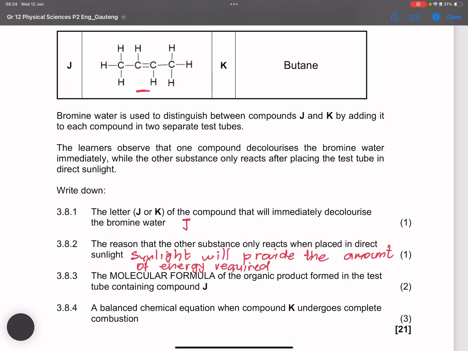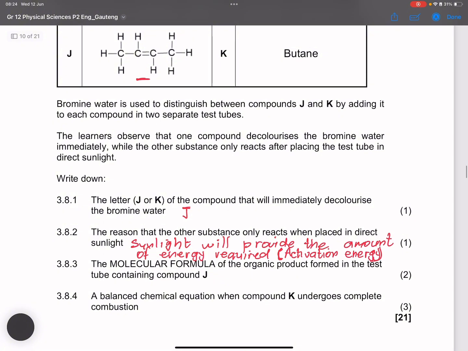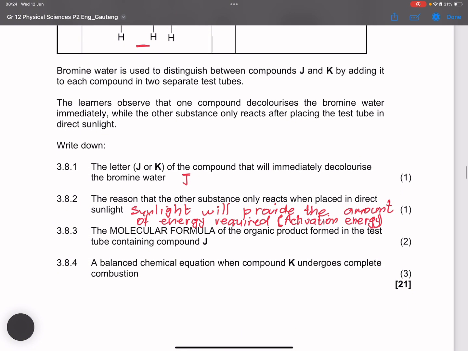Do you remember what we call the minimum energy required? That's activation energy, right? So the activation energy for the reaction to take place. You can finish that statement there, but that's the reason why we place it in direct sunlight. So the next one, they say the molecular formula of the organic product formed in the test tube